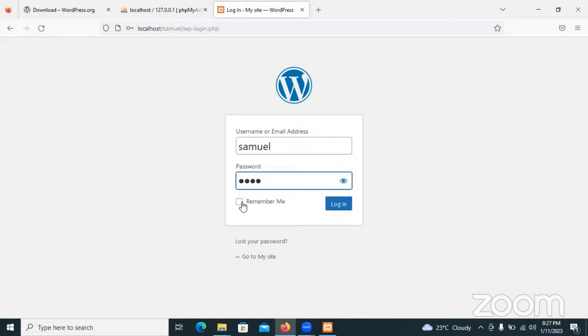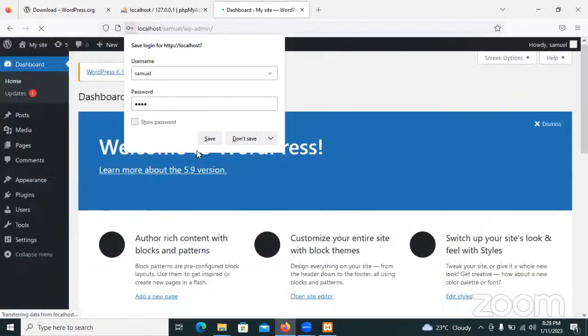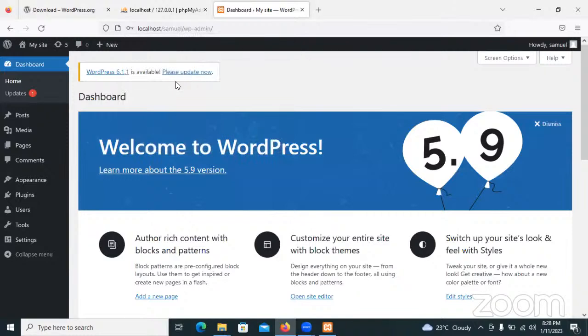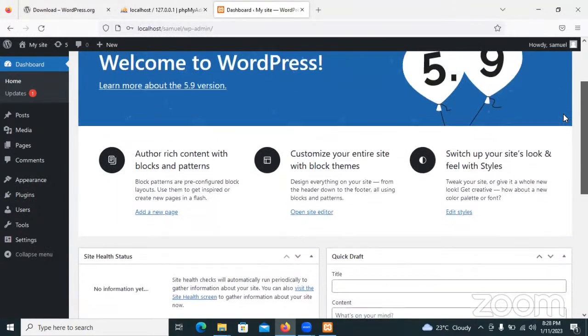Then from here, I can either say remember me or leave it. Then I log in. Again, it will bring this save prompt for you, so your choice now to either save or not. But it will always be advisable to save, so that you don't forget. Now, here we are under the dashboard, and you can see it. We are done with the installation of